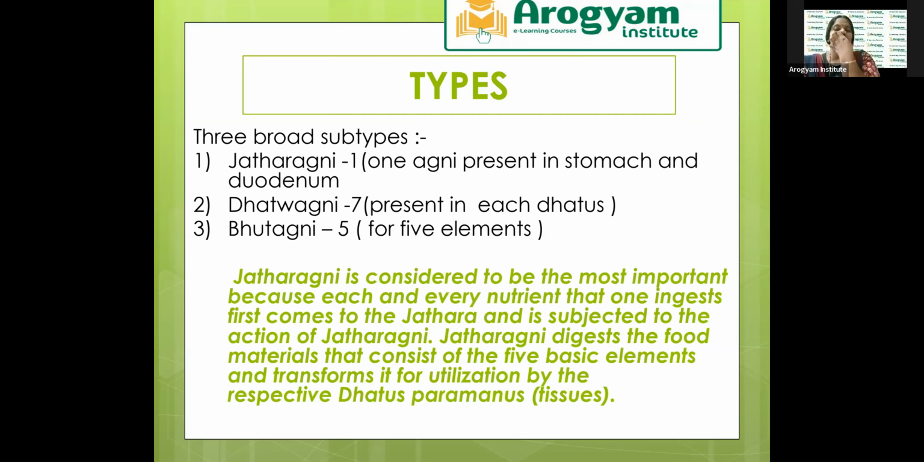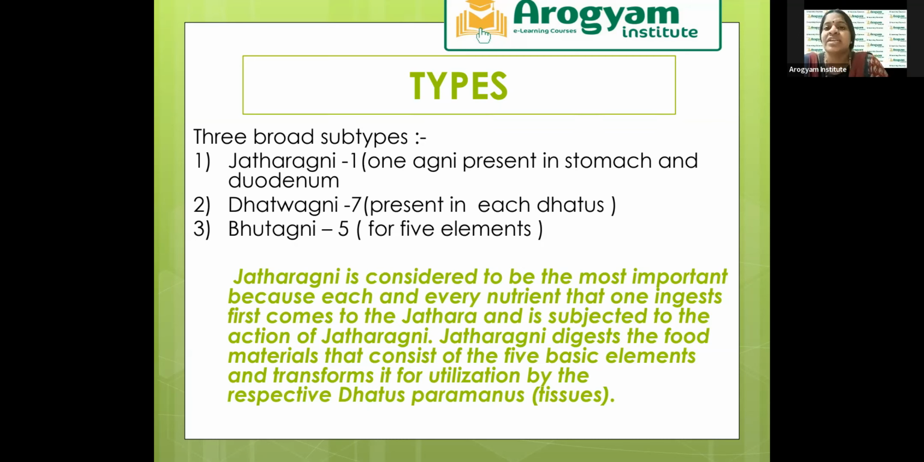So together अगर हम काउंट करें तो कितना होता है? 1 + 7 + 5 totally 13. ये 13 में प्रधान जो है that is Jatharagni. So Jatharagni is the most superior. Jatharagni is considered to be the most important because each and every nutrient that one ingests